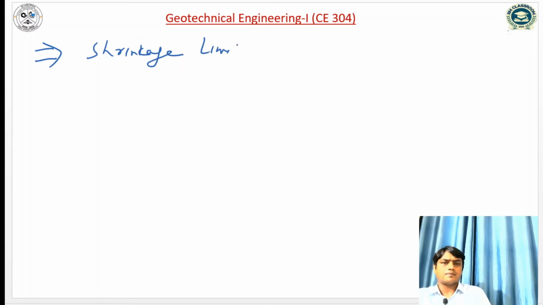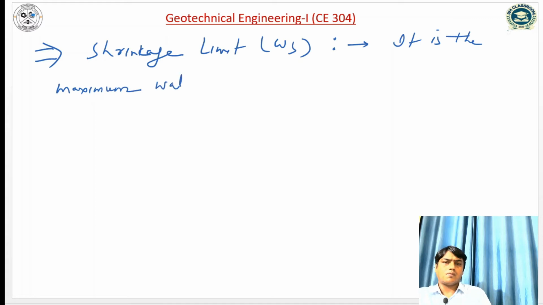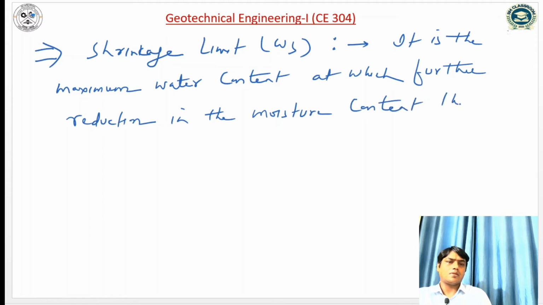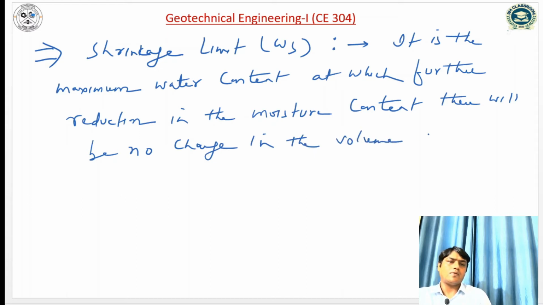Shrinkage limit is denoted by WS. It is the maximum water content at which further reduction in the moisture content there will be no change in the volume of soil. So from the Atterberg graph we can see that